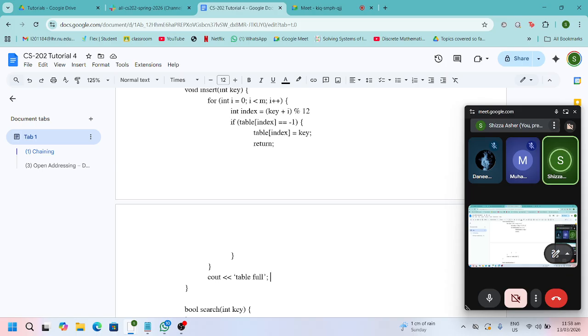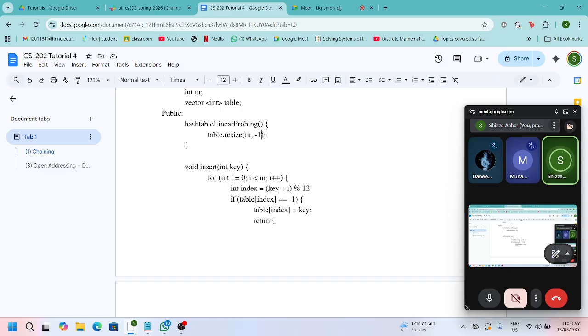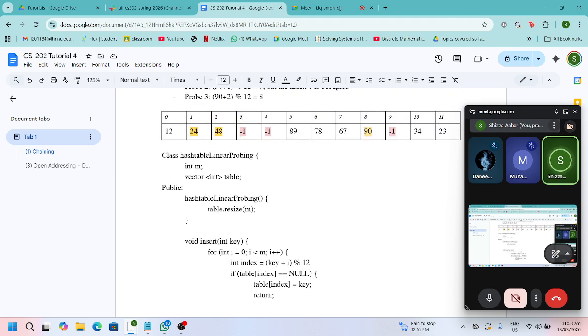Okay, all right. So I've printed that my table is full. If I hadn't initialized with -1, I could have actually just checked to see if it's null. I have put -1 in place because essentially there are two things that could happen. If you have removed an element from an index, you have to be mindful of those slots as well. And then we use a number or a flag to denote that an element has been deleted from there. So that is why, for simplicity, we mention